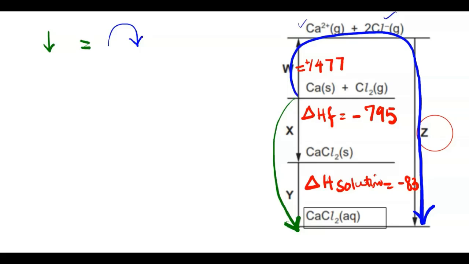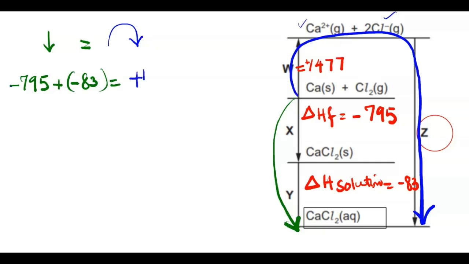And by just inserting the values, in the green pathway we have energy minus 795 plus minus 83,